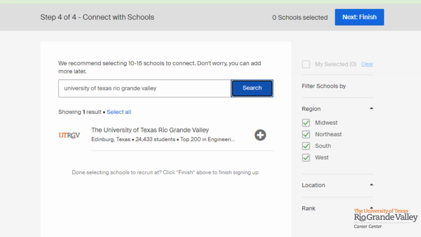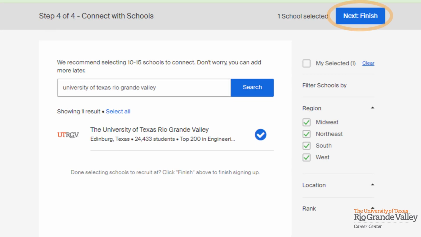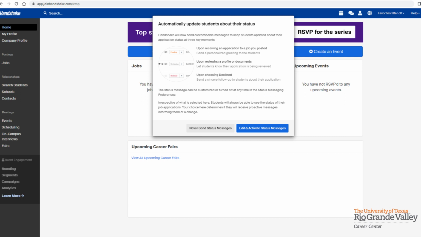will find us. Click on the plus button to add us. Once you clicked on the add button, the plus, it will then turn into a blue check mark. Click on next, finish. Once you finish, you will then land at your Handshake dashboard, and you will find a